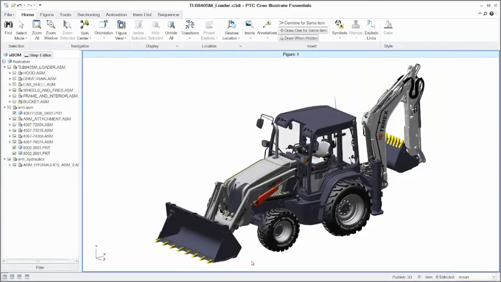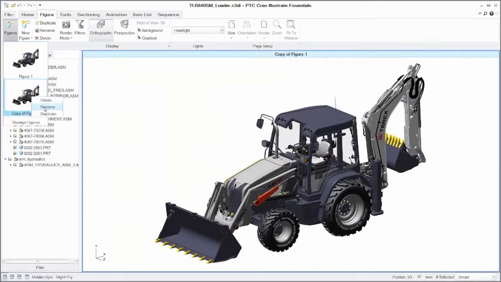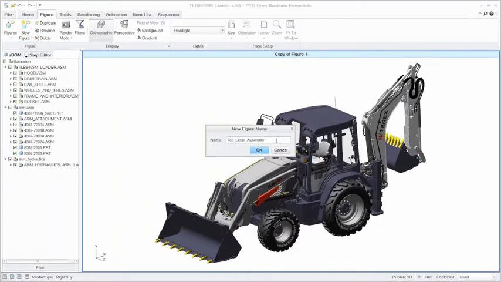So now we've brought in a few of our different files, and maybe we want to start working here with our figures. So what a figure is essentially is each figure would be each technical publication that you're publishing. So if you have multiple figures, those are each kind of their own publishable content. So we're going to start creating a new figure where we just want to maybe make some different renderings on this